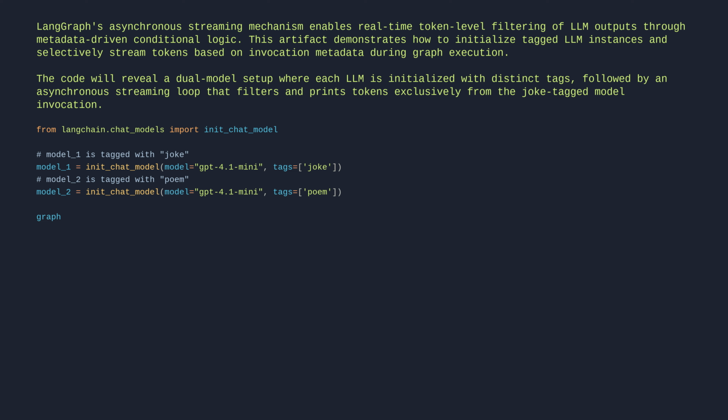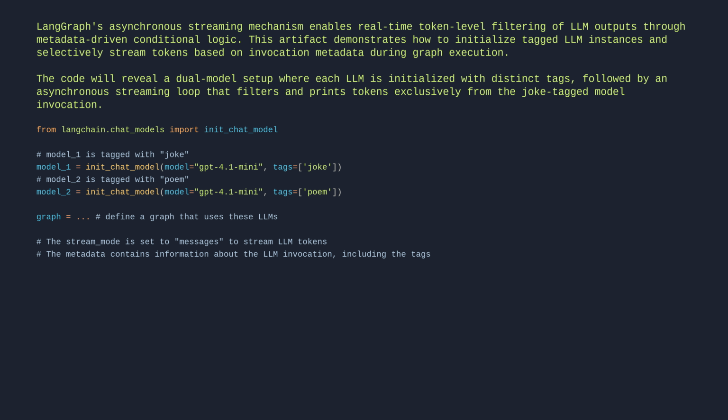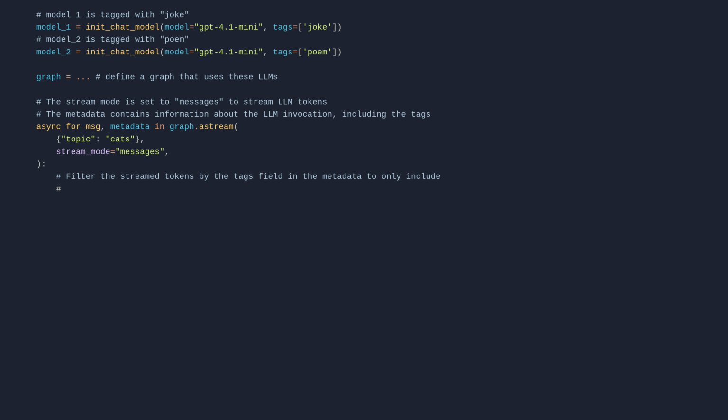graph = ... # define a graph that uses these LLMs. # The stream_mode is set to "messages" to stream LLM tokens. # The metadata contains information about the LLM invocation, including the tags. async for msg, metadata in graph.astream({"topic": "cats"}, stream_mode="messages"): # Filter the stream tokens by the tags field in the metadata to only include the tokens from the LLM invocation with the joke tag. if metadata["tags"] == ["joke"]: print(msg.content, end="|", flush=True)